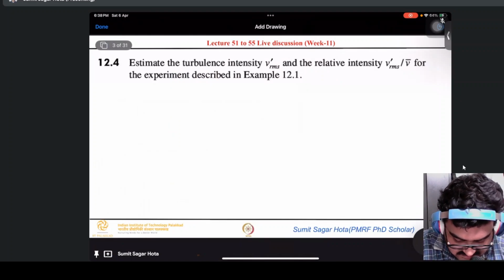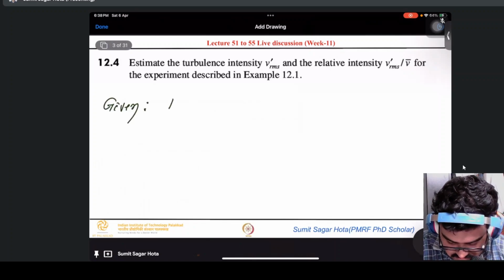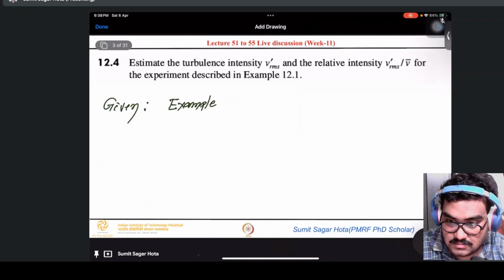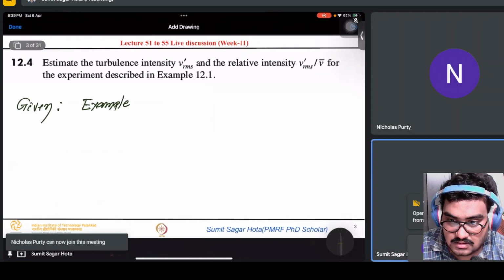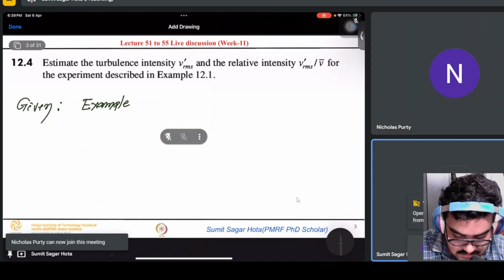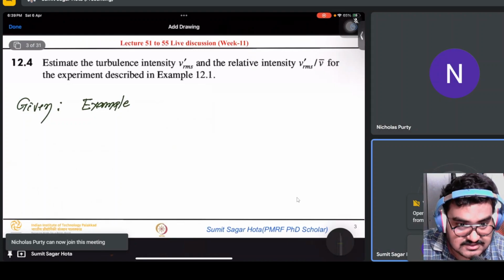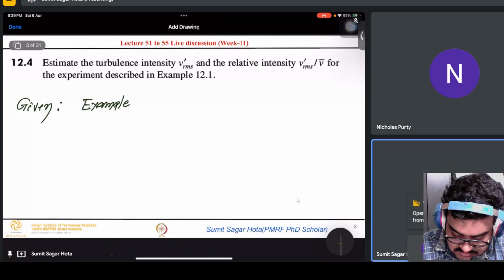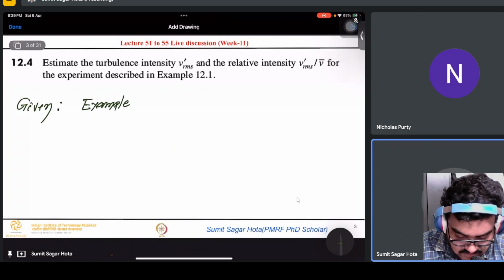What are the things given? This is the first problem. So example 12.1 I will go through. We need to find